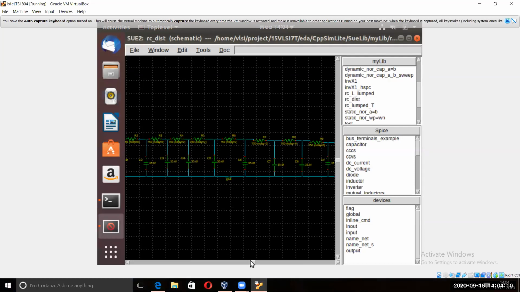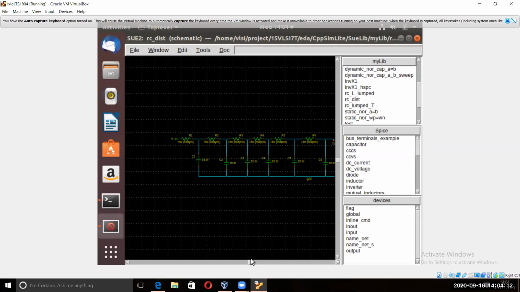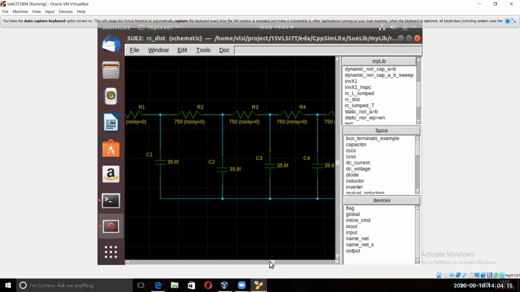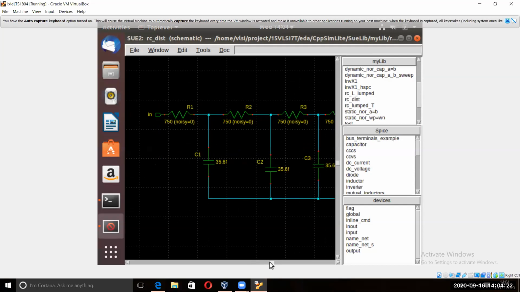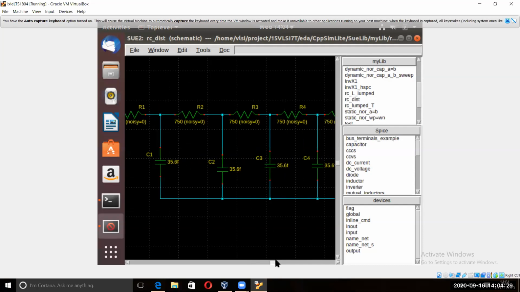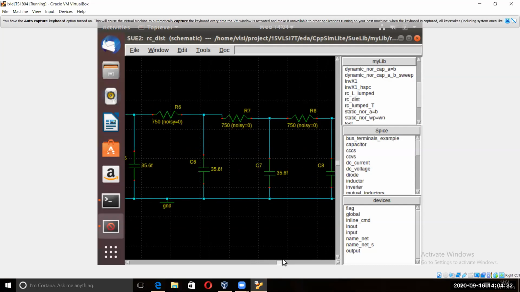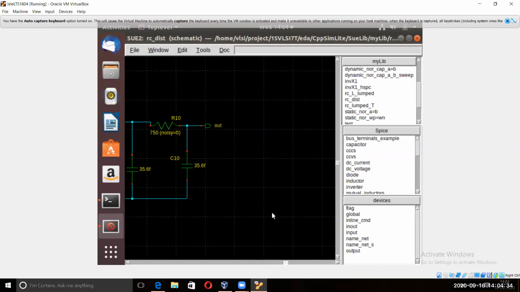So that's why I divided that 750 kilo ohm by 10. So the resistor is 75 kilo ohm, and the capacitor is 356 femto divided by 10, that is 35.6 femto, for 10 distributed segments. So now we will get the accurate result. More accurate result we will get in this type of format. Though it's difficult and a SPICE simulation is required, generally we go for the lumped one, but here you will get the accurate result.